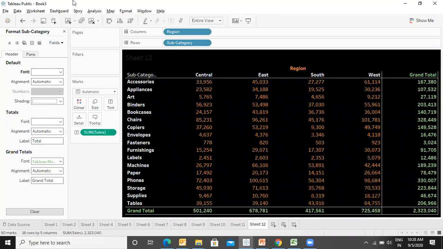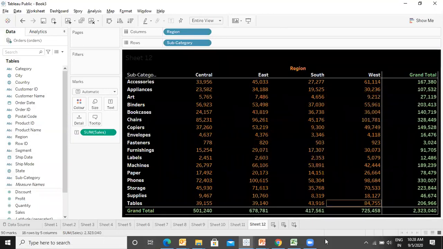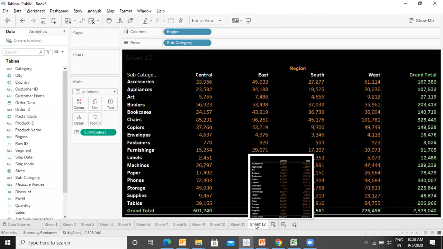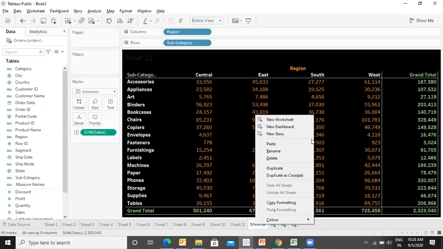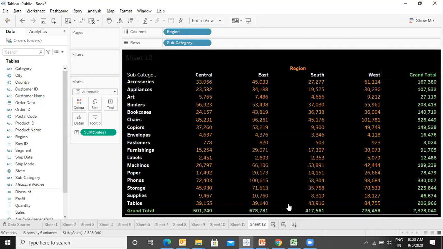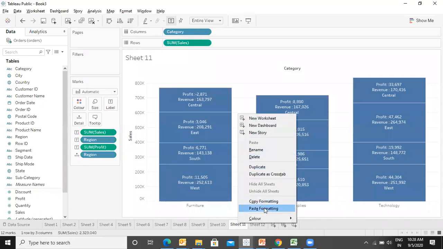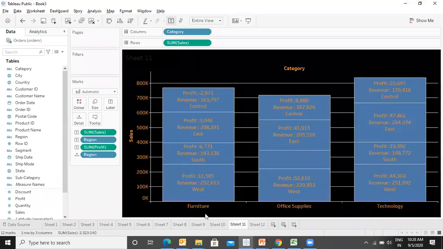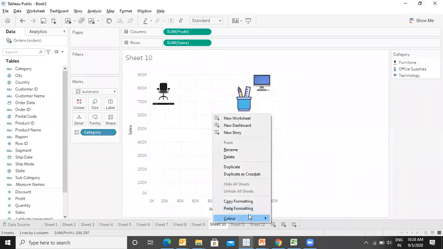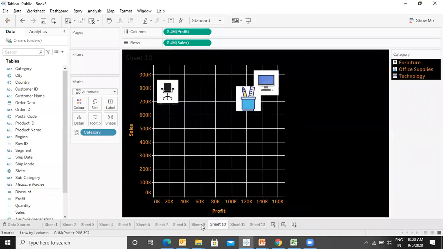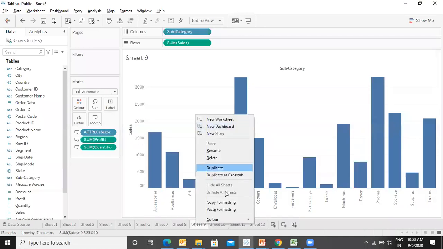Okay. Right. So suppose I am done with the formatting, whatever I have to do, I simply click on the close button, and now I'm fine with this particular thing, and I want the same thing to be applicable in the rest of the sheets as well. So I right click on it and say copy formatting, and I can go to the sheet, right click and say paste formatting. I can go over here, say paste formatting. I can go over here, say paste formatting.